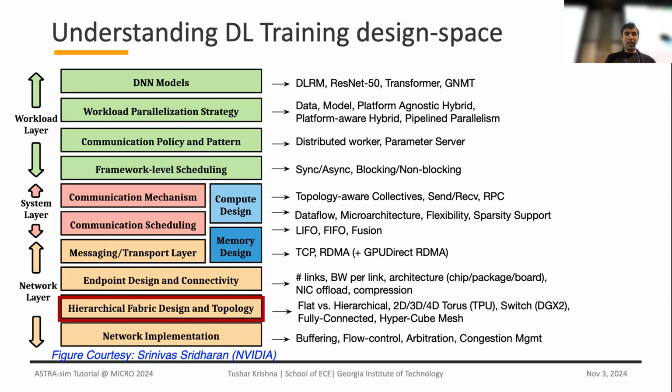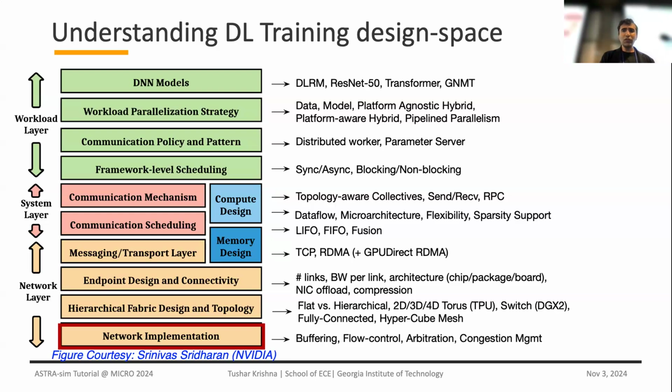And then down to the actual fabric design and topology. So what kind of topologies do we build? Whether it's a torus, whether it's switch-based, do you have a flat topology, hierarchical, all of these decisions down to low-level hardware, microarchitectural things like the buffering strategy, flow control, arbitration, how do you do congestion management,